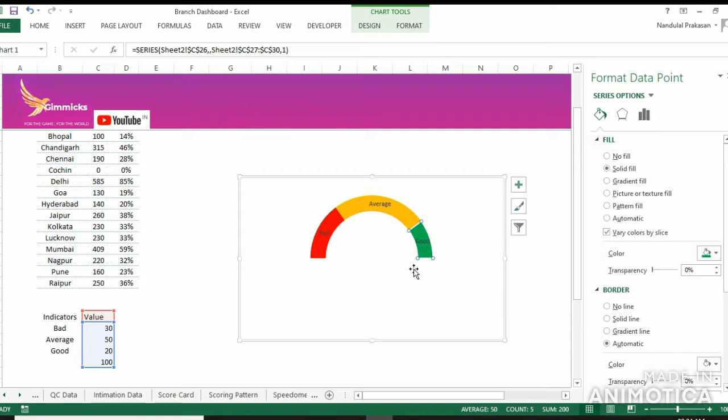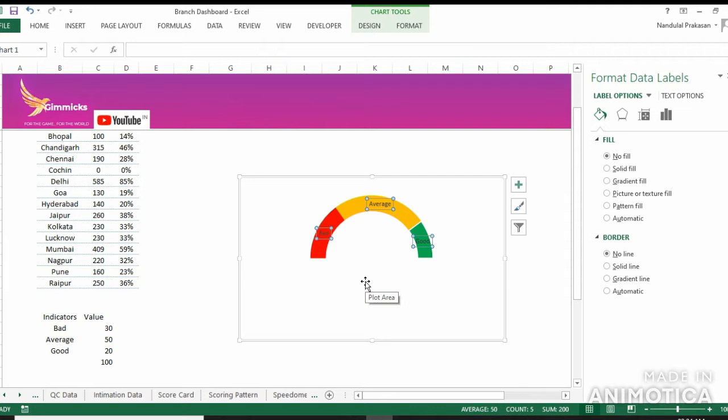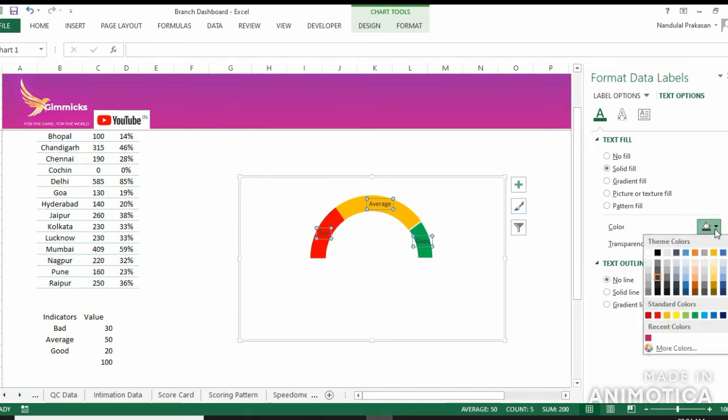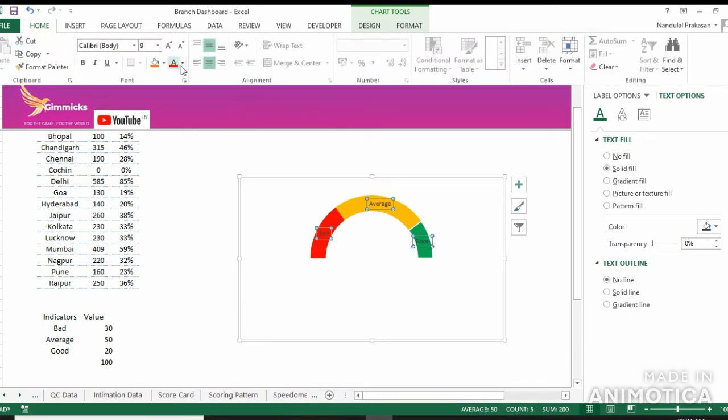Great. The font is looking a little darker here and I'm not able to see it because of the darker color as well. So let's change the font color. We can change it from here, or we can change it from the default option available in Excel. So let's select from here. Let's keep it as bold so that it becomes a little thicker. Great.